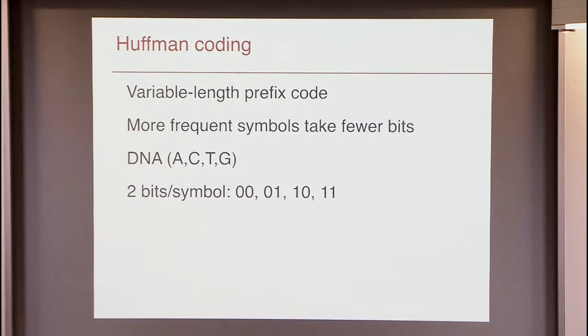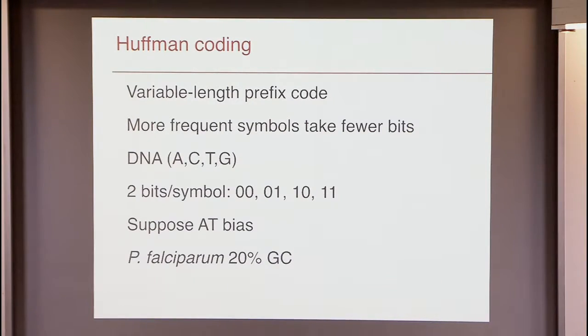Now, where this gets interesting is suppose we have some real bias. It turns out that Plasmodium falciparum, which is one of the malaria parasites, has only 20% GC content, which is kind of wild. It's 80% AT. So what would happen if we built a Huffman code for a genomic sequence of falciparum? Well, we've got our 4 bases, and we're going to list the frequency of each base. I'm saying if it's 80% AT, then, for simplicity's sake, it's going to be 40% A, 40% T, 10%